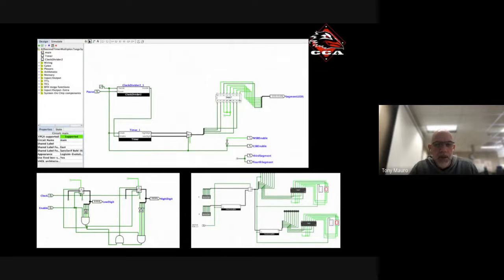This is a snapshot of what they do when they design in this tool called Logisim. These are hierarchical blocks that have circuits inside them, and the ones underneath are the detailed implementation of some of these circuits. They have little components there, and they wire them together, and then they simulate them. And then we download them to